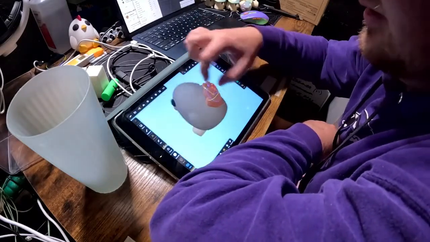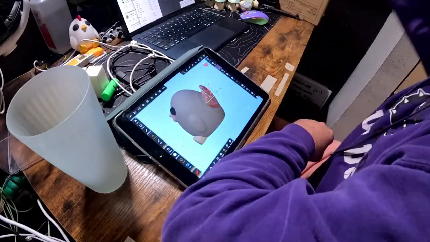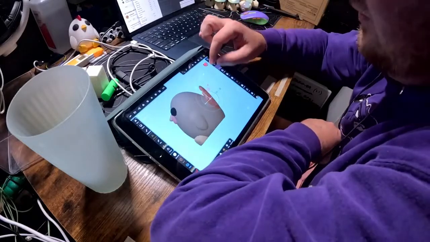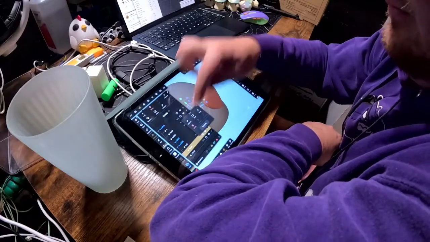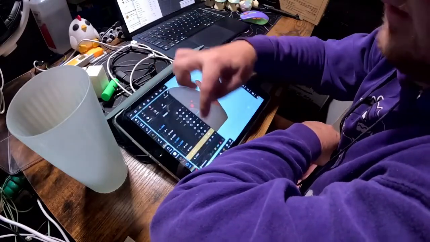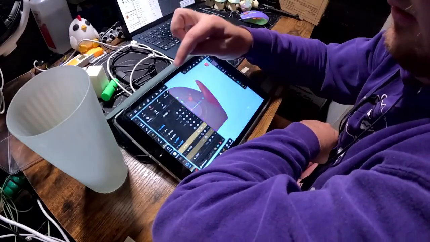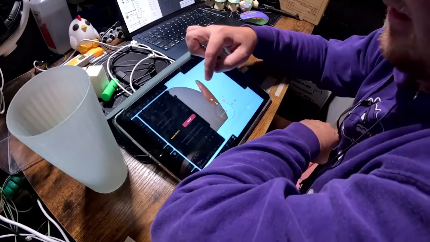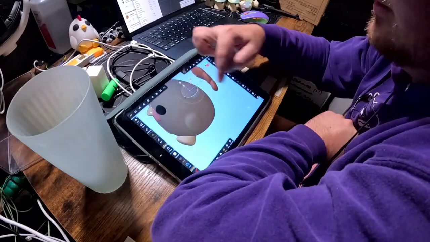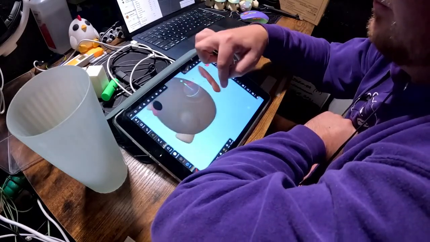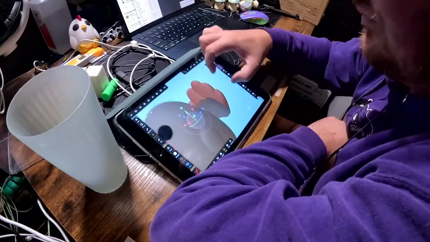Let's select the mesh here, and let's join these together. And let me think here how we want to do this. So first thing is that we're going to want to copy the body and do a negative Boolean of the body and the tail, so that we have basically the tail that fits around that.